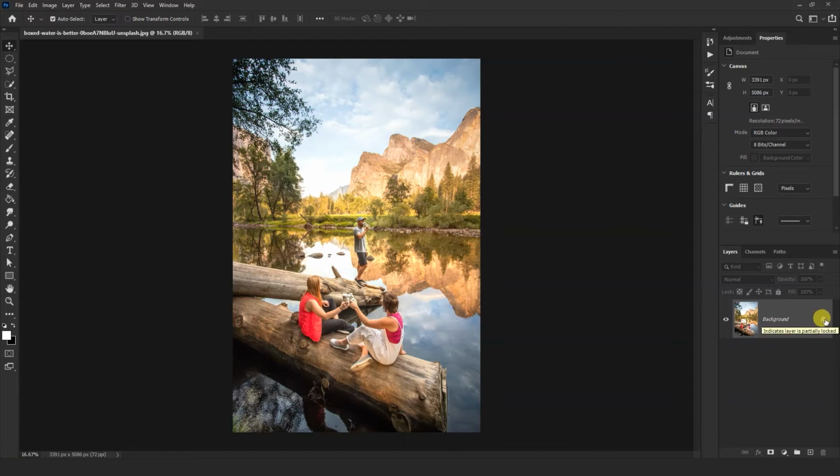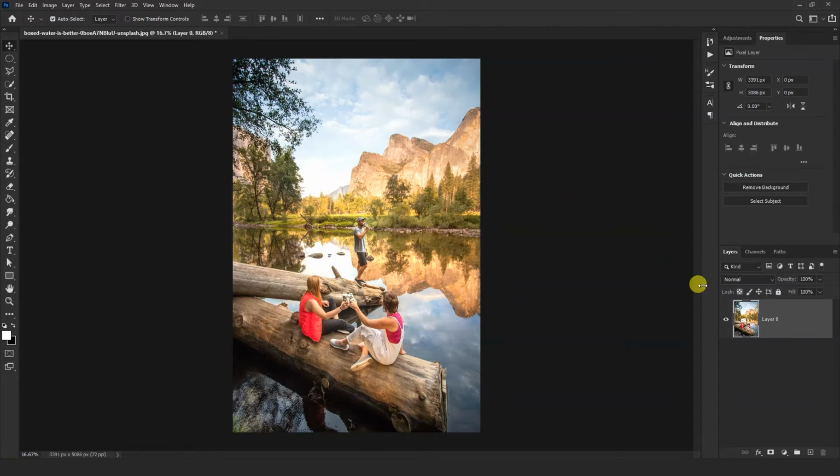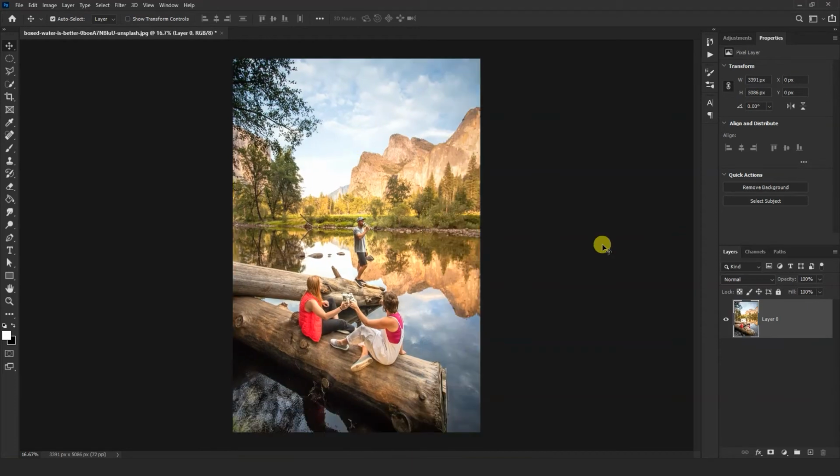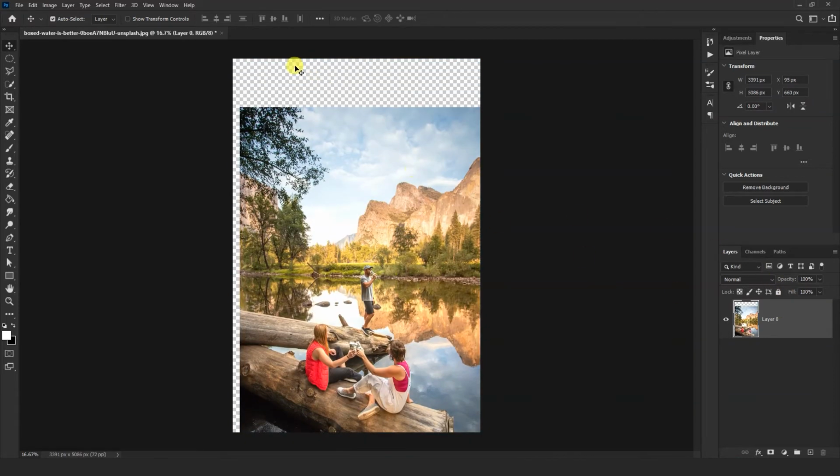Now click on this lock to unlock this layer so that we can move our image on our canvas. Now this is to be noticed that we have two things here. First is the image and the layer, which is the canvas. We have not selected any particular canvas size, so the canvas would acquire its dimensions from the imported image.